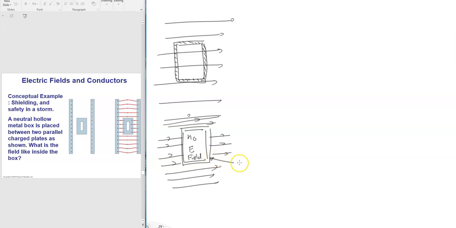This has to be a conducting one, right? Metal or conducting. This is called electric field shielding. The field is being shielded by this box. So it doesn't need to be a box. It can be any kind of metal